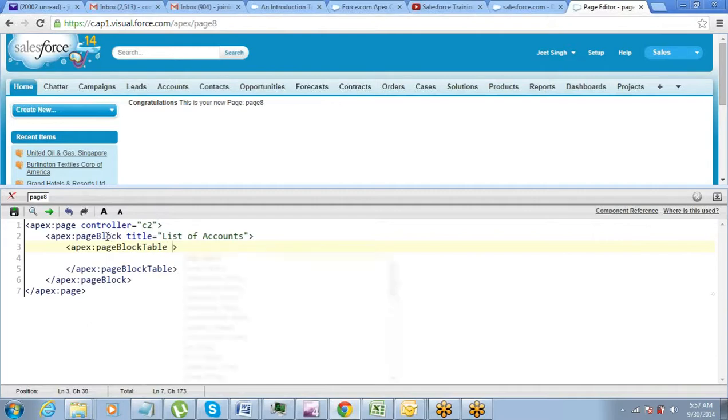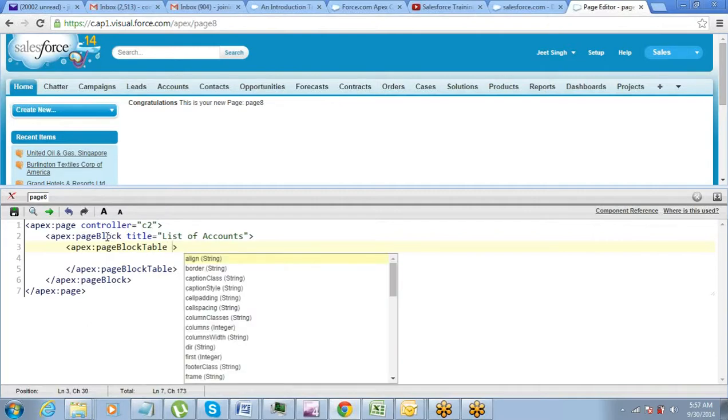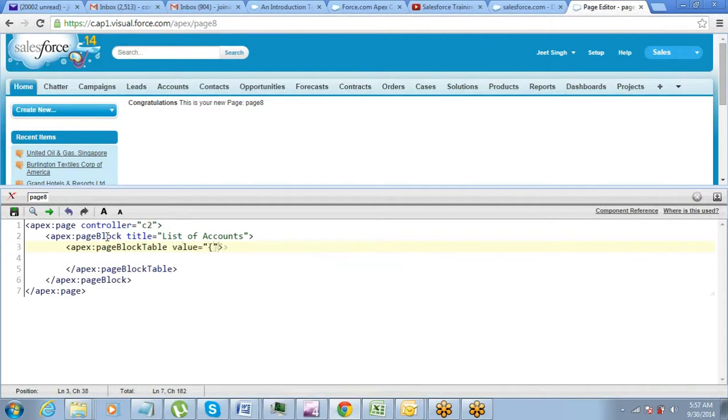Page block table. Okay, so in the page block table there are two required attributes, right? First is value, second is variable. So value for us will be that method name which returns the list. Variable is something that we can define. This is in the Visualforce page, so you can define it as anything, whatever you want. That's it.